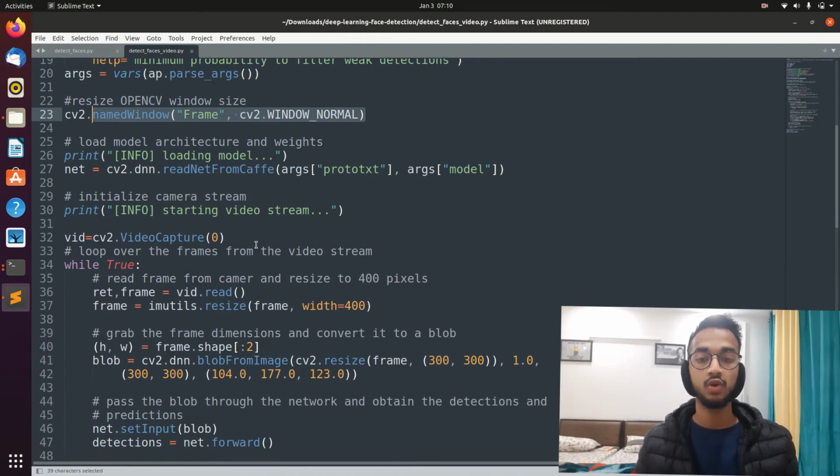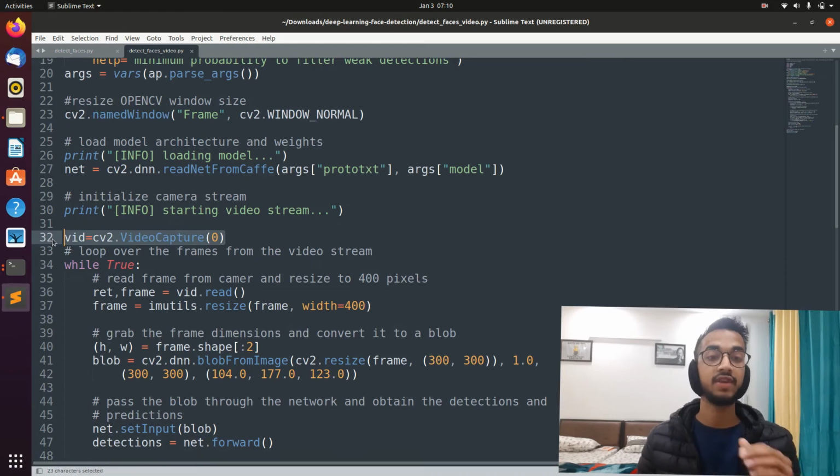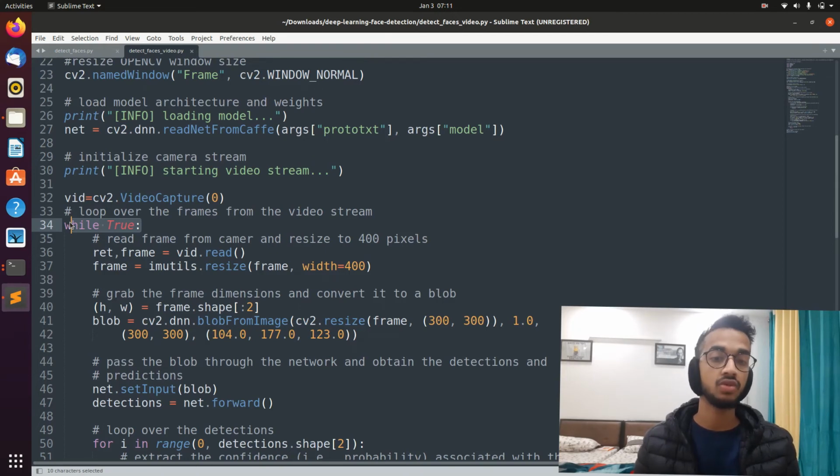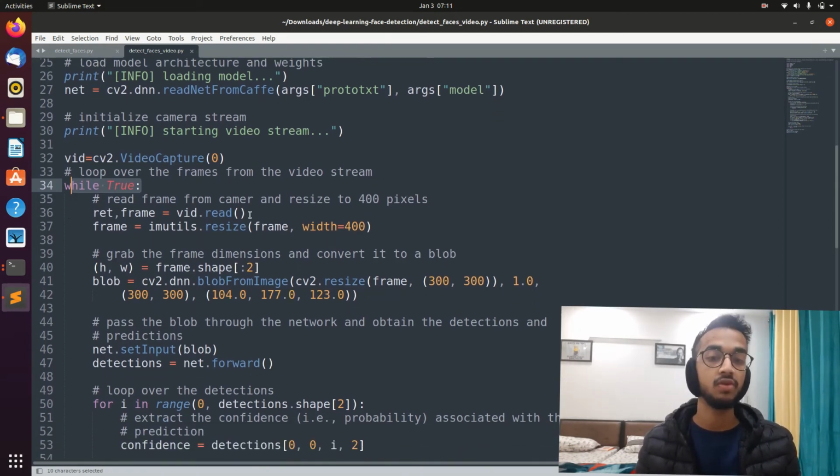So when I write cv2.VideoCapture, it will start reading frames from my given camera. If you want to test it on any other video, you provide the URL of that particular video over here in VideoCapture. That's the only difference. Now basically we want to run in an infinite loop because we want to keep capturing frames from the given camera source, and we read the camera frame using video.read. So the frame that it reads in the camera gets stored in frame.